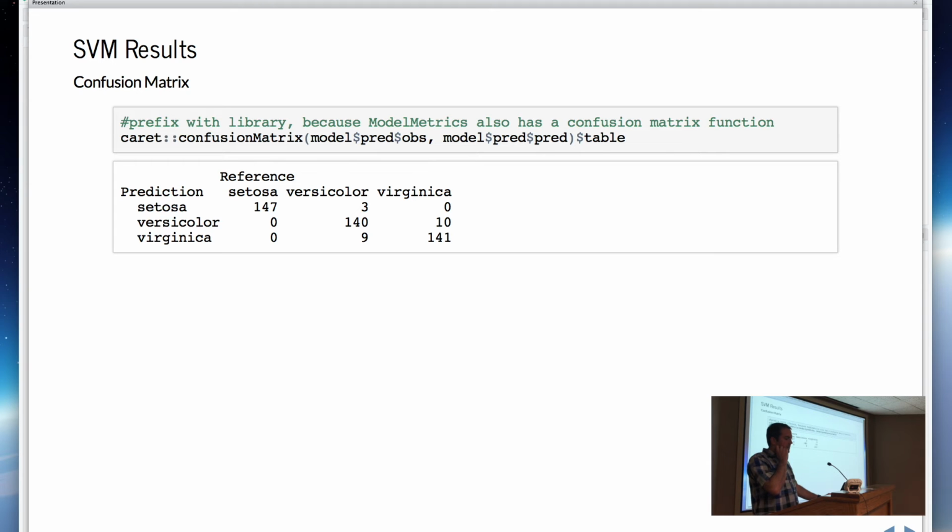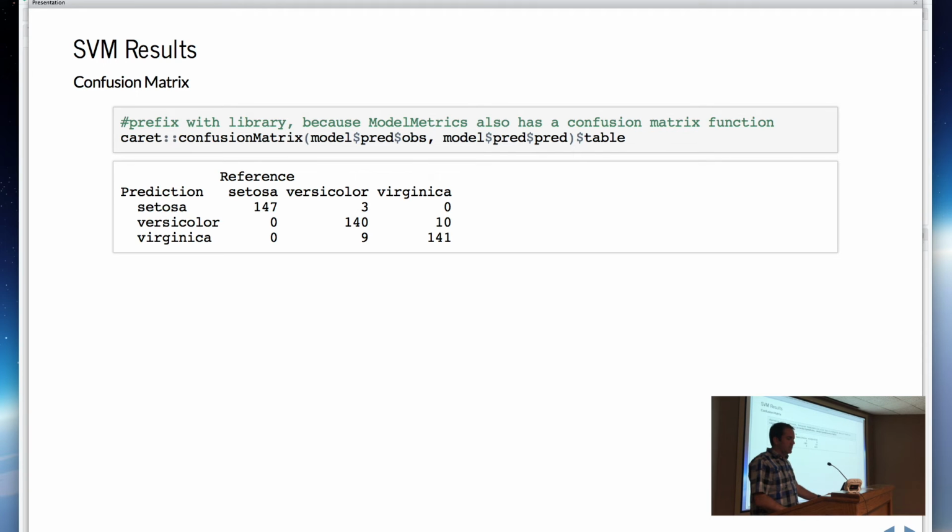Now, Caret has a confusion matrix function built in, which adds a few other pieces of data. It will give you F-scores per category and some other things. But if you ask for the table, you'll just see a table like I created before.